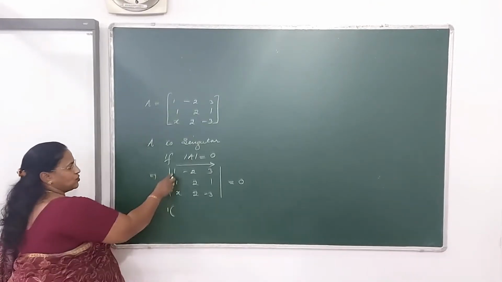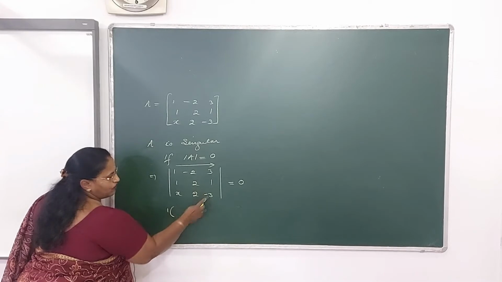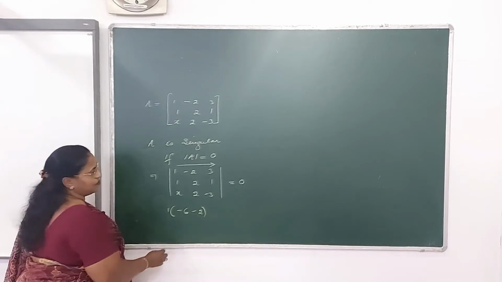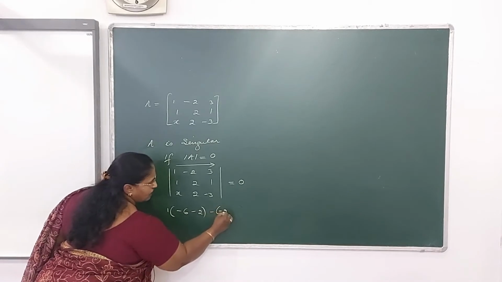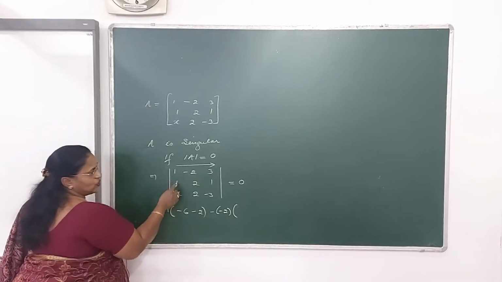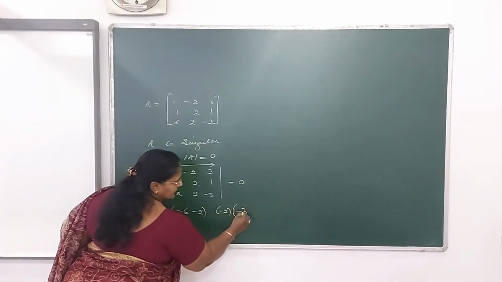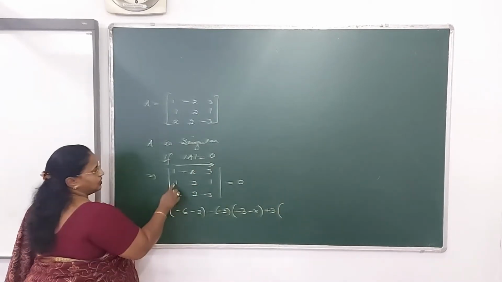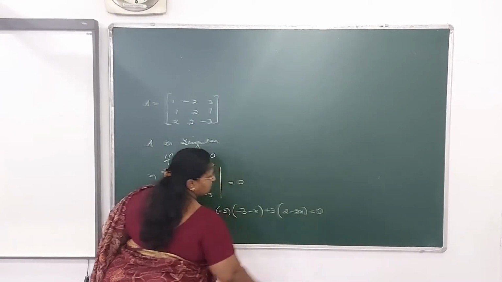So okay, start. So 1 into, delete the row and the column, get the determinant value of the leftover term. So it's 2 into minus 3, it's minus 6, minus 2. Moving to the next term. Next term is minus 2, but again a minus sign is there, so it comes like minus of minus 2. Then open a bracket, delete the row and the column where it lies. So the determinant of the leftover value, so it's minus 3 minus x. Now move, next element is plus 3 into, open a bracket here. So it's 2 minus 2x, and this is equal to 0.